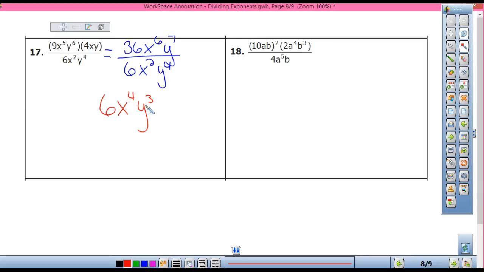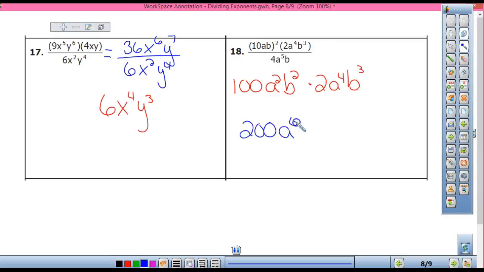Okay, and 18. Before I can multiply, what do I have to do? Yeah, I have to distribute that squared. So on the top, I get 100a squared b squared times 2a to the 4th b to the 3rd. So now I can combine those: 200a to the 6th b to the 5th over 4a to the 5th b. So final answer would be